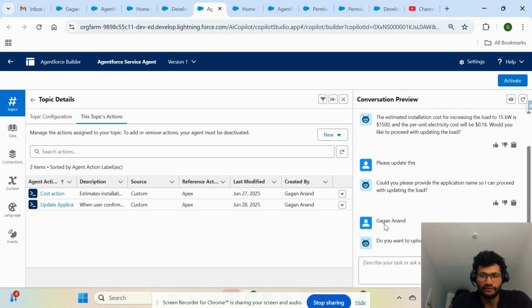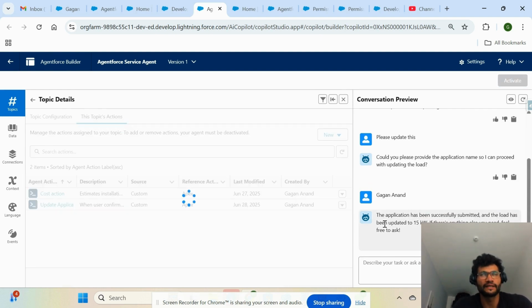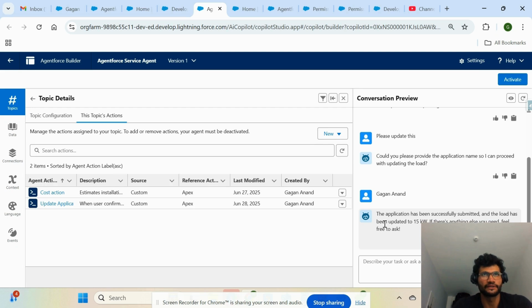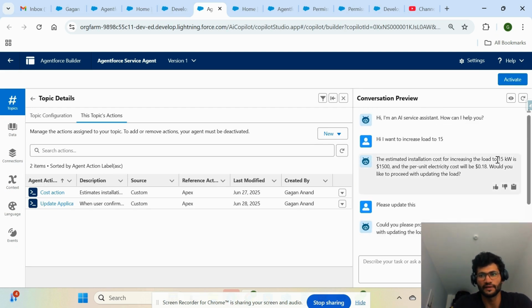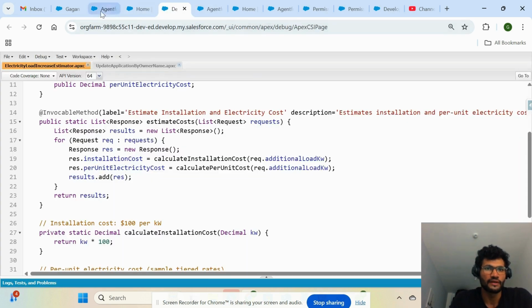Okay. So what we are doing, based on the applicant name, we are making a query on the application. We are fetching those application data, and then we are updating this data, 15 kilowatt and this $1,500. We are updating cost per unit and load, and how are we updating that? For that, we have another action. The action name is